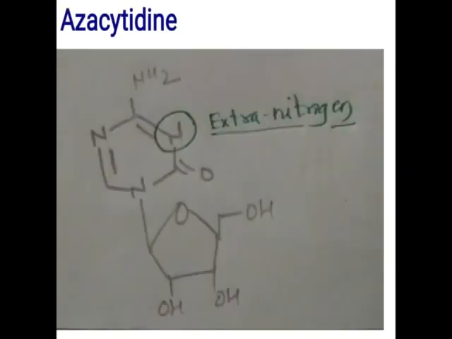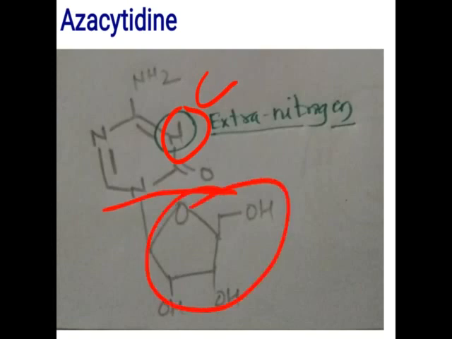Now the next drug is azacitidine. If you check the structure, suppose instead of nitrogen a carbon is present, then the whole structure becomes cytidine. That is the cytosine part, and the sugar moiety is attached to the cytosine part, so that becomes cytidine. But due to the extra nitrogen present in the structure, it is called azacitidine, so it is the drug. Cytidine enters into the synthesis of DNA and RNA. Azacitidine has an extra nitrogen in the ring structure, so it becomes the drug.